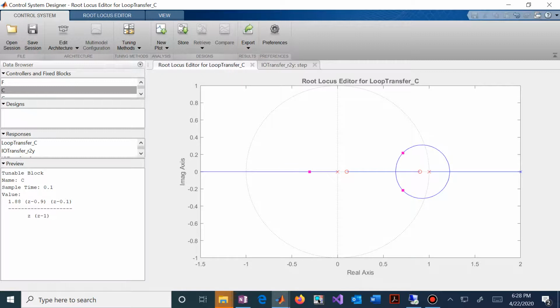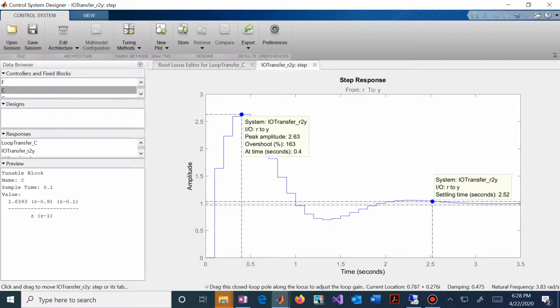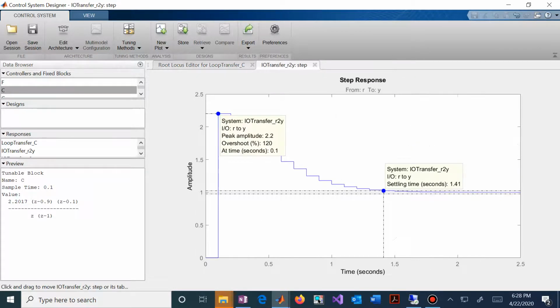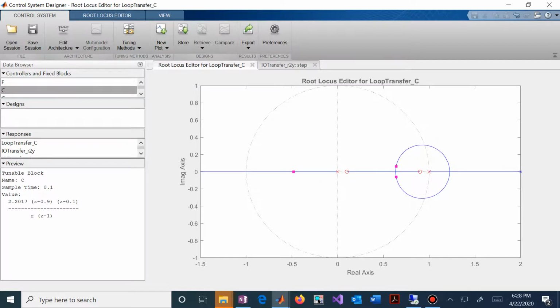I could make this gain value less, and my damping will be worse, and you should now see the result that that produces in my step response behavior. You could even say, well, you know what, let's make this higher gain. I sort of liked that to be higher gain, but look at what's happening with this pole. It's now getting close to the -1, and that's what we may not like. If we crank it up a little bit more,